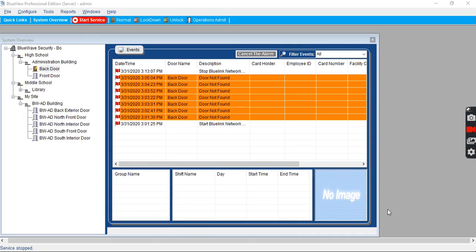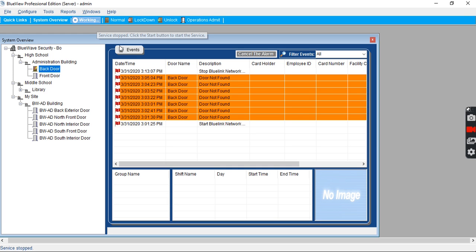About why can't I start the BlueLink Network Service, and it's saying that it can't connect to the database. So I'll show you as an example. When you try to start that service called the BlueLink Network Service, the one that connects the software to the doors, and you're trying to start it, and all of a sudden it's telling you,